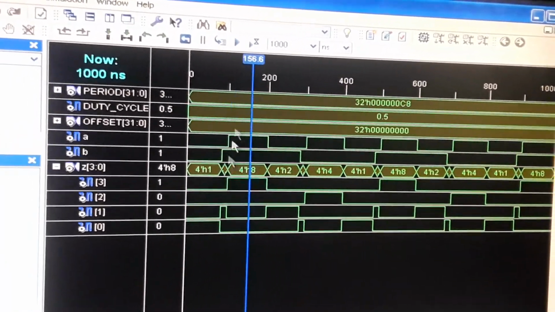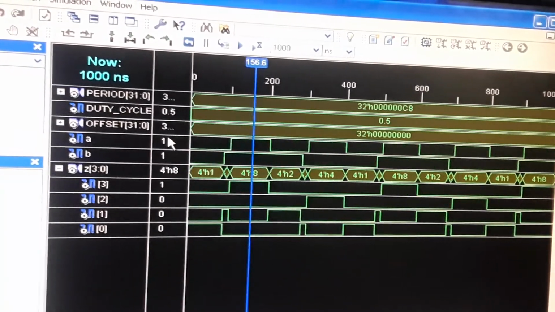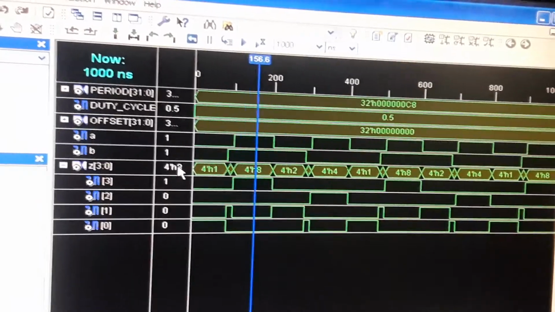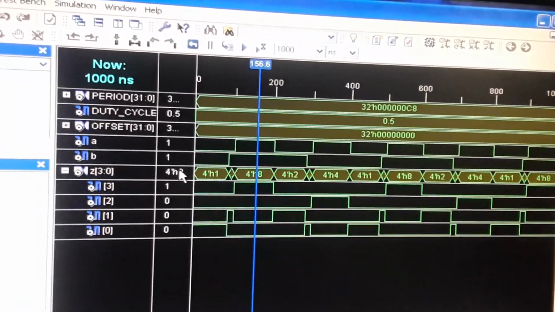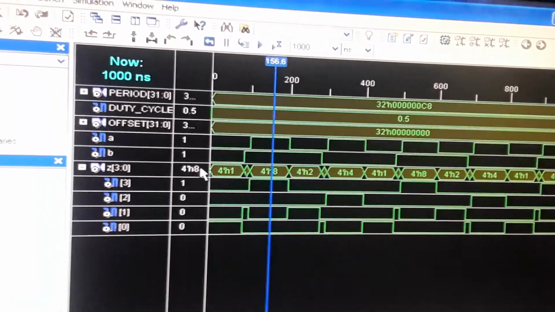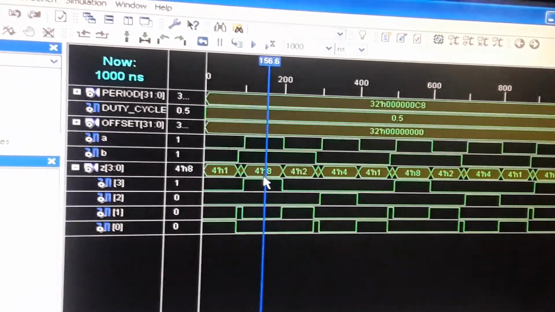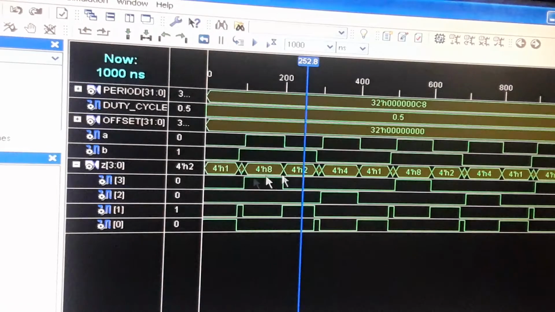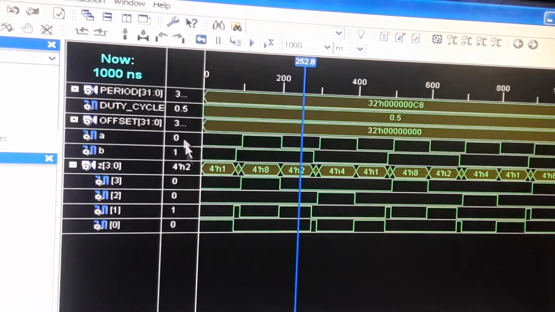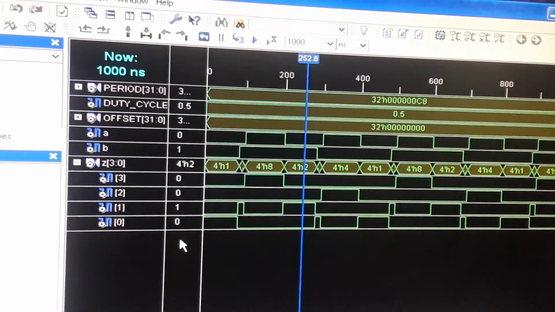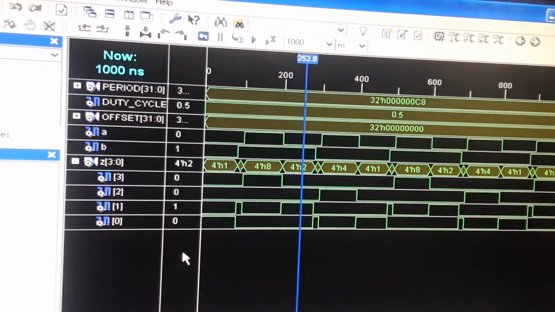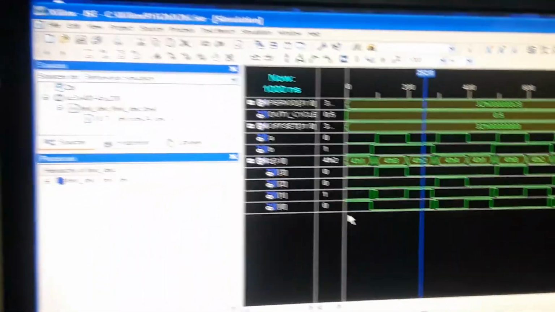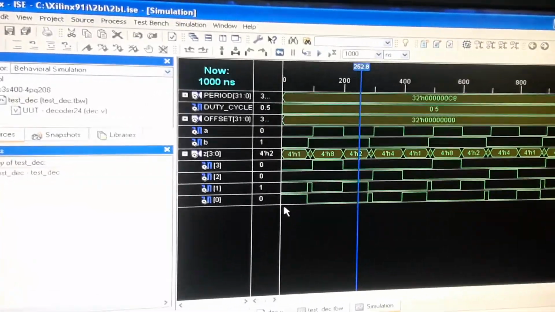In this location your inputs are both 1 1. If both are 1 1, what is your output in the 2 to 4 decoder? At that time it should be 8 in hexadecimal, so that is displayed. Next, if you require the third output, you can click on third, and we will get it. Whenever your input is 0 1, your output is 2, so that is displayed. Yes, this one is called decoder 2 to 4 using NAND gate. Thank you.